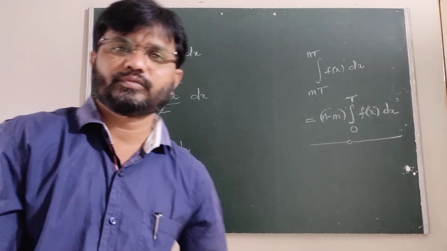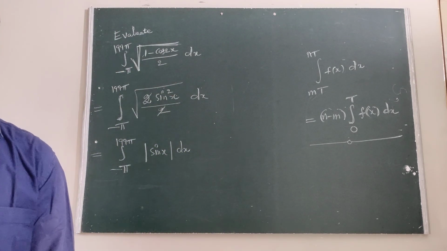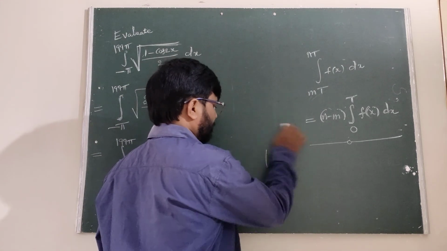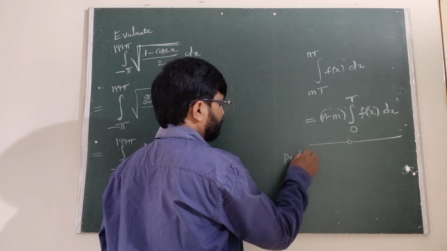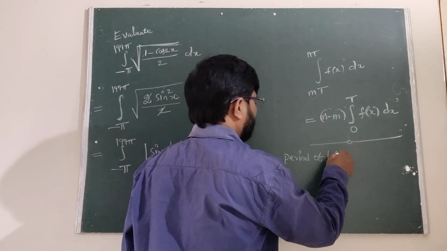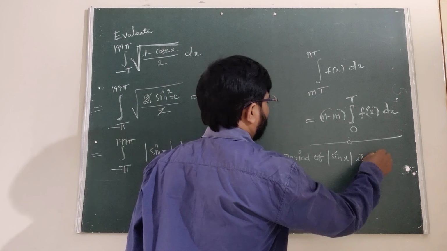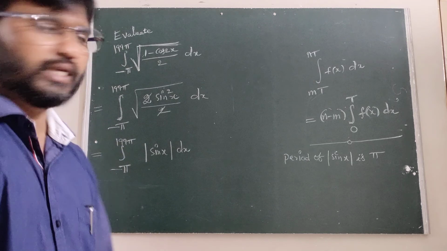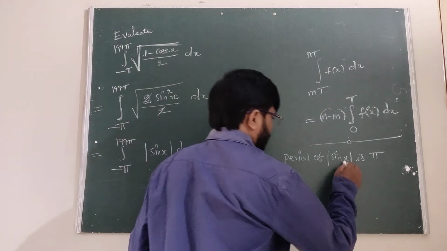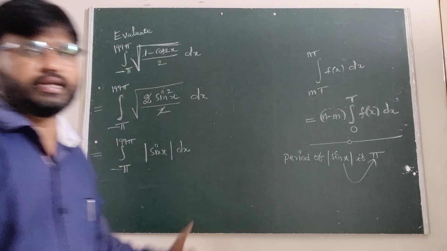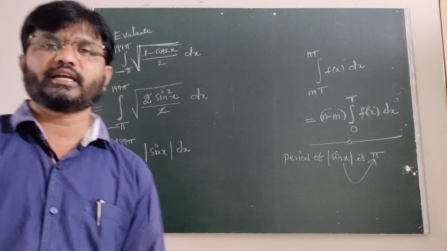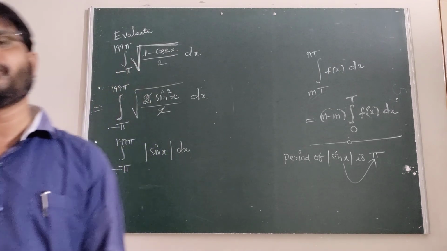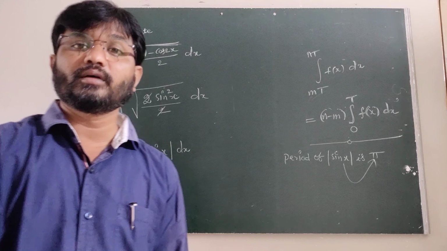We have to know that mod sin x, mod cos x, mod tan x have the period pi. What is the period of mod of sin x, mod of cos x, mod of tan x? Every mod of the trigonometric ratios has the period pi. We have to know that sin x and cos x and secant x and cosecant x have the period 2 pi. Okay, but the mod of sin x or sin square of x, even powers, the period is pi.